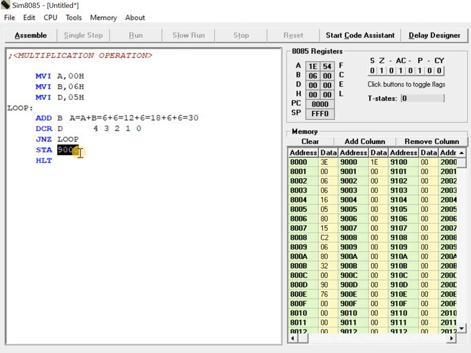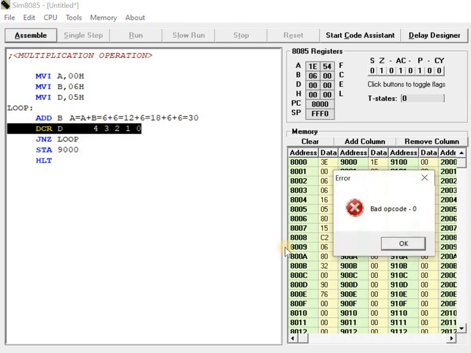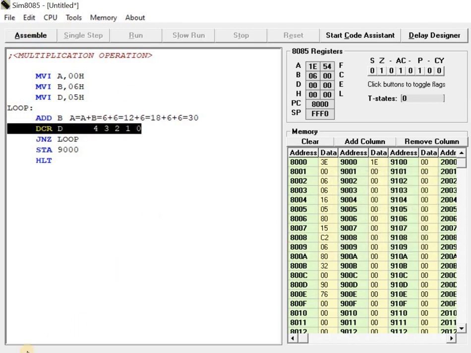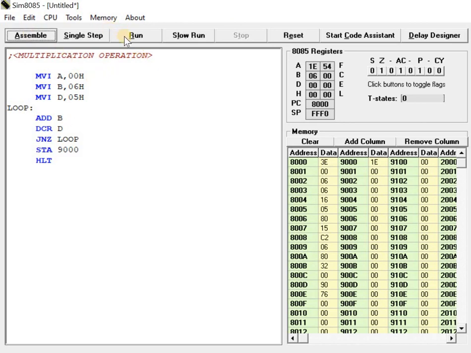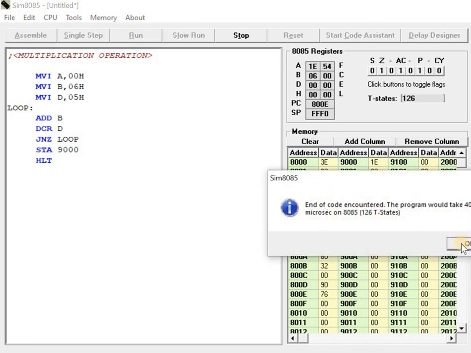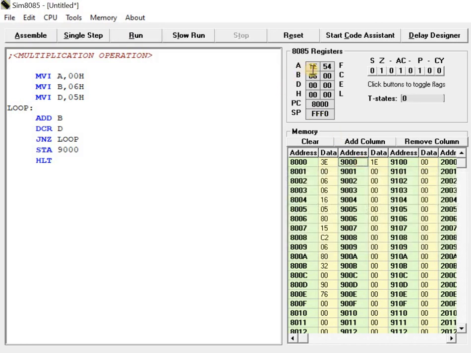So now assemble this program code. So assemble, here the compiler did not understand this 0 1, so now delete this. Okay, so now delete. So now run this program code, so assemble and run. So you can see the output, the A register, accumulator register 1E is the output, and it also stores the value